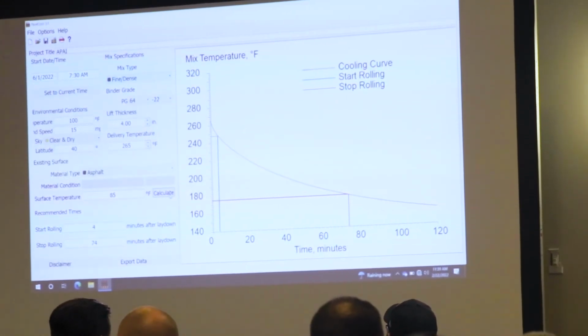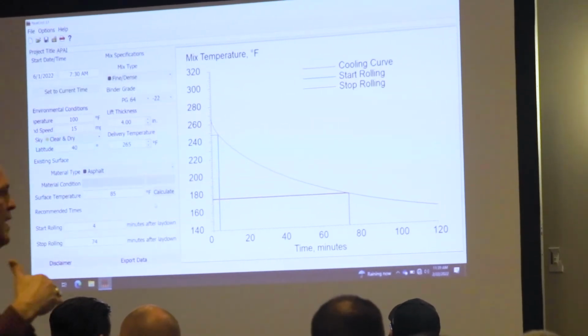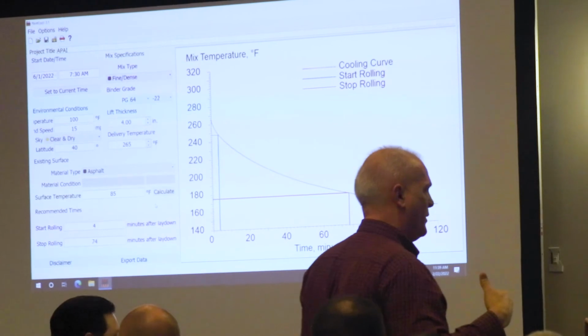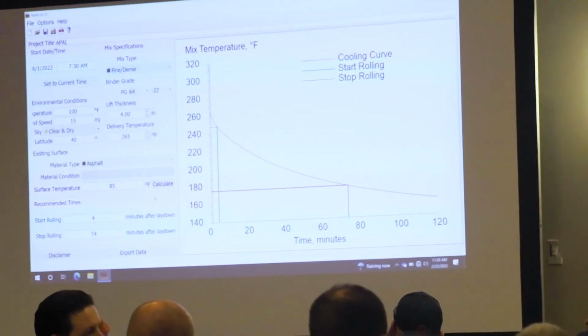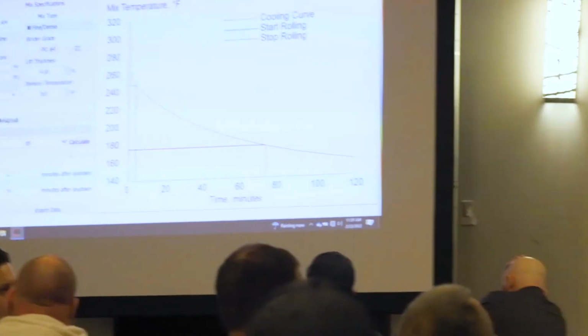.74 instead of 90. So you can mitigate it some by dropping that mix temperature. But what I tell our folks at the plants and in the field is, look, you are going to be 280 plus or minus 20, 25. That's the range that I want you to work in to try and move this needle around. But don't let some cowboy think that he can get it rolled in 40 minutes or 35 minutes if he brings it out at 240, because that's not a good idea,